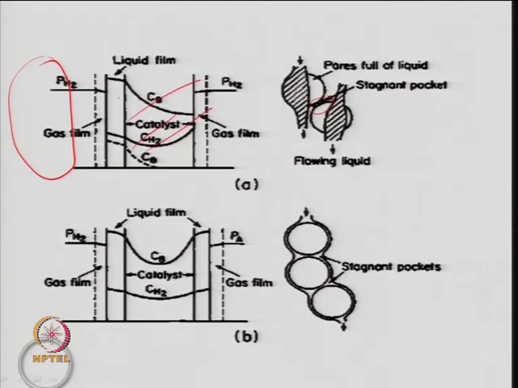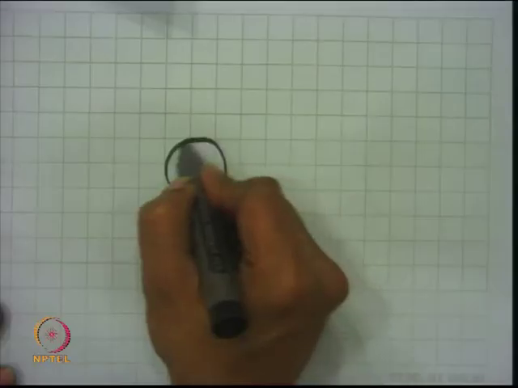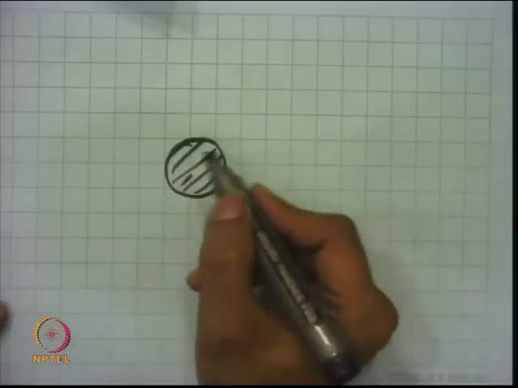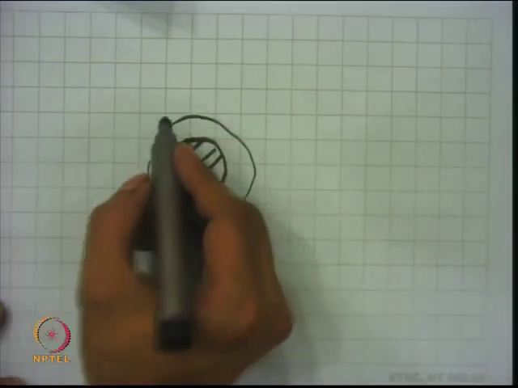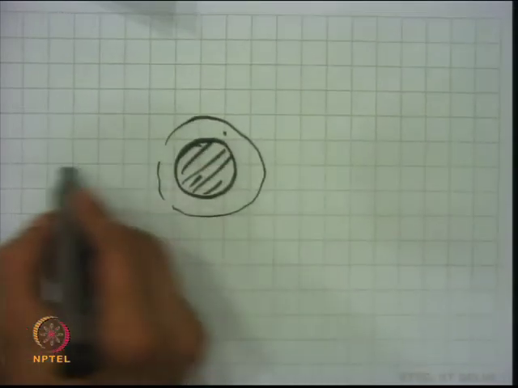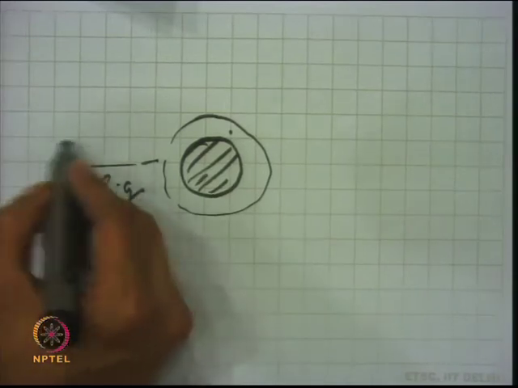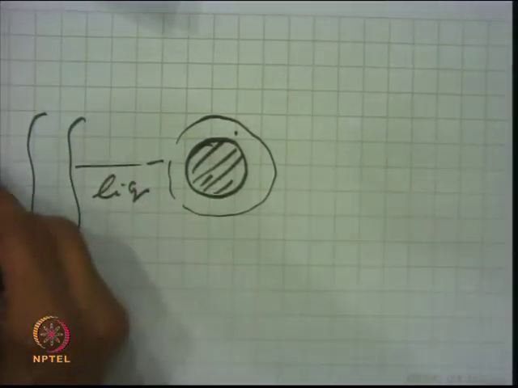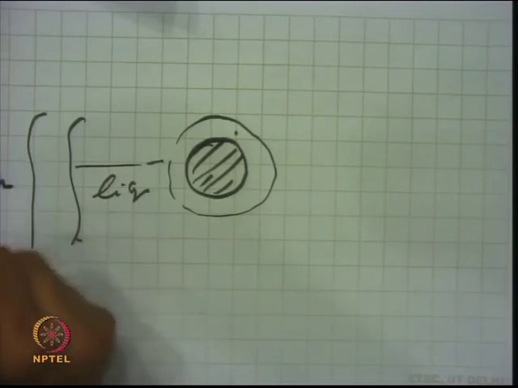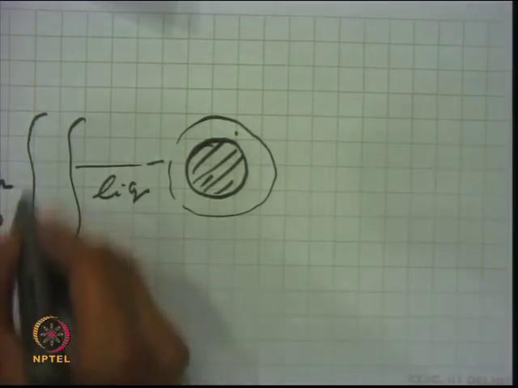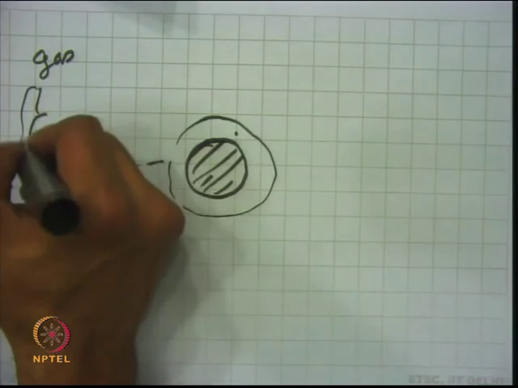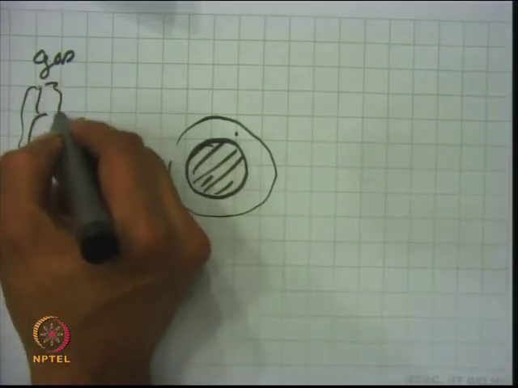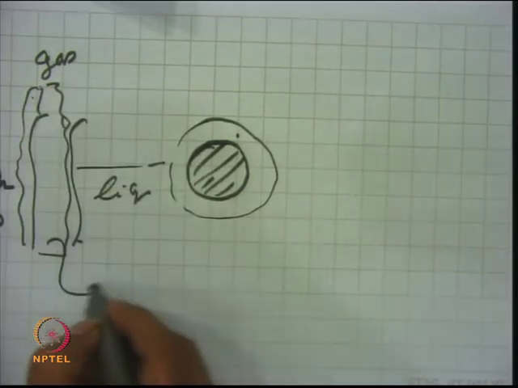Here again, from the bulk liquid, if I make it spherical, assuming a spherical particle, you have a solid particle like this, partly porous, and then there is a film of liquid. The solid is covered by a film of liquid, and then you have a bulk liquid here, and then there is a gas. Here it is a bulk gas, something like hydrogen, and then this is a gas film. This is basically the interface. Here is a gas film, and this is the interface, and there is a liquid film here. This is the gas film and this is your liquid film.